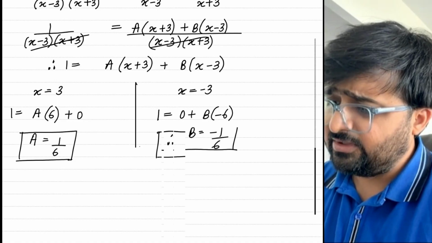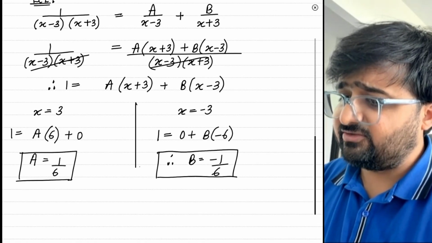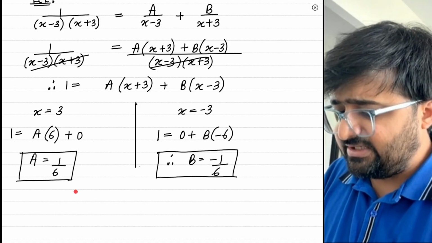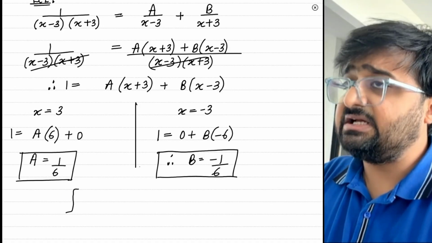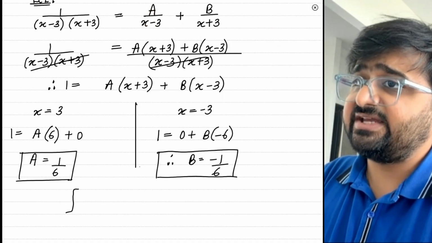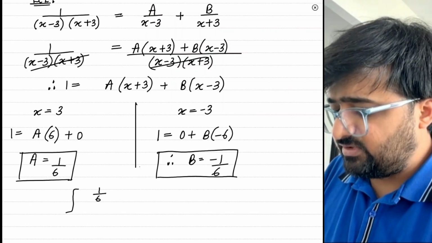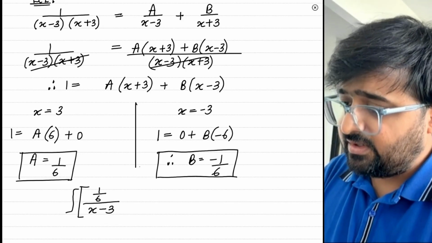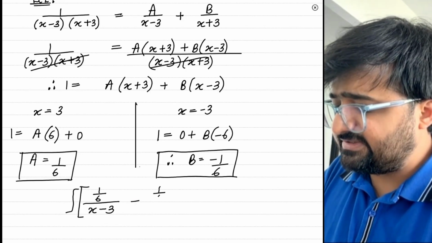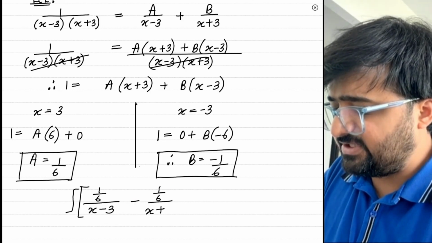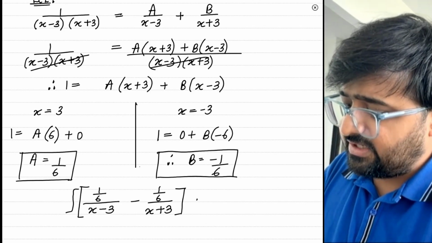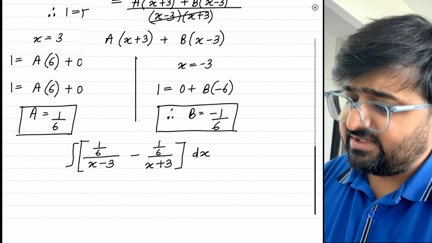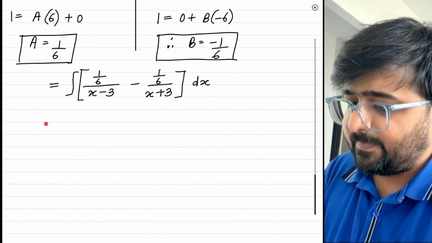So now the moment you found the values of a and b, you can just substitute it over here. And actually you can just write our integral as, since the integral is a over x minus 3, so we have 1 over 6 over x minus 3, and we have minus 1 over 6 over x plus 3, and we are integrating with respect to x. Now we can give that integral to both of those terms. So we have